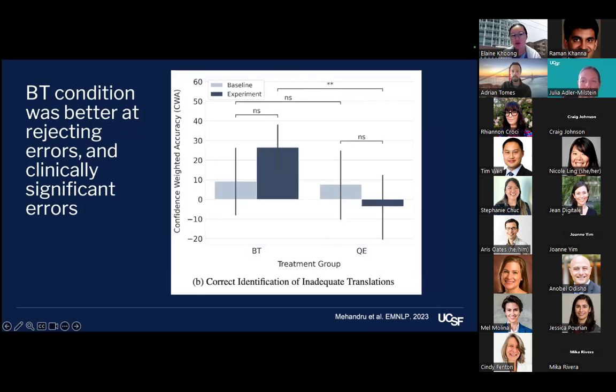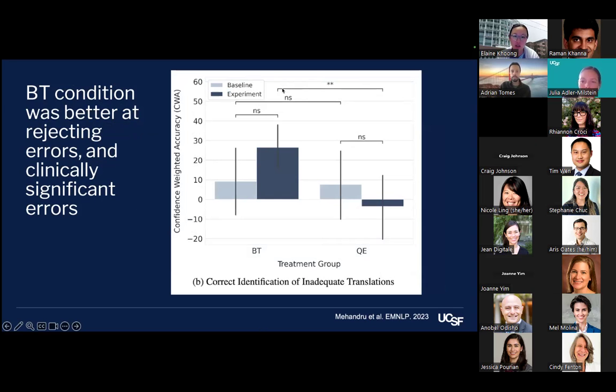But the other thing they found too was that in the back translation condition, clinicians were better at recognizing if there was a harmful error. So here you can see in the experimental condition for the back translation, clinicians were just better at recognizing when there was